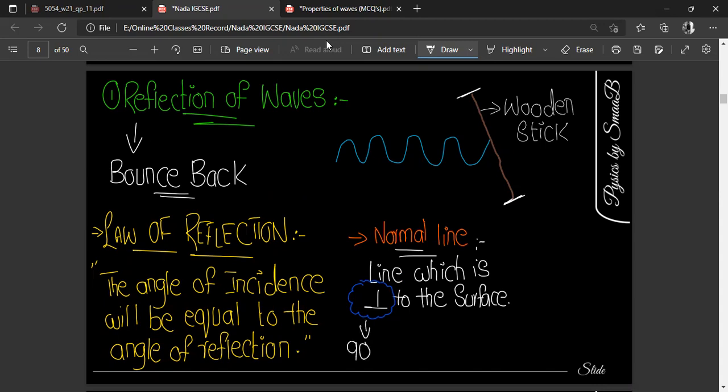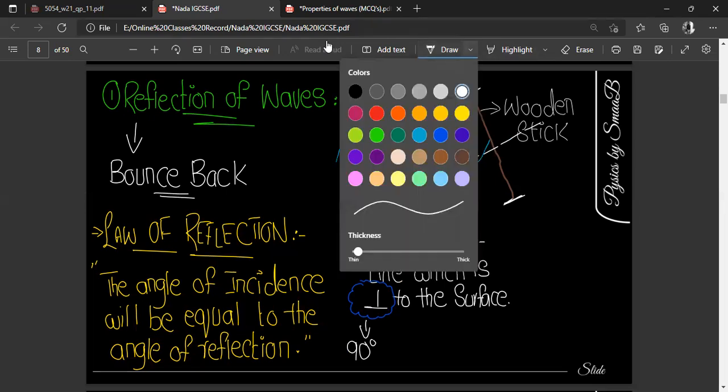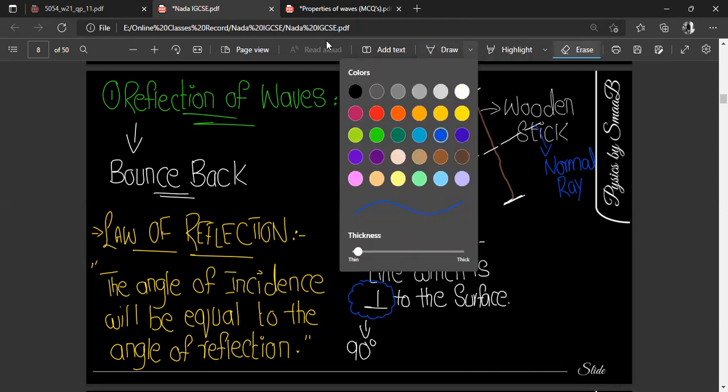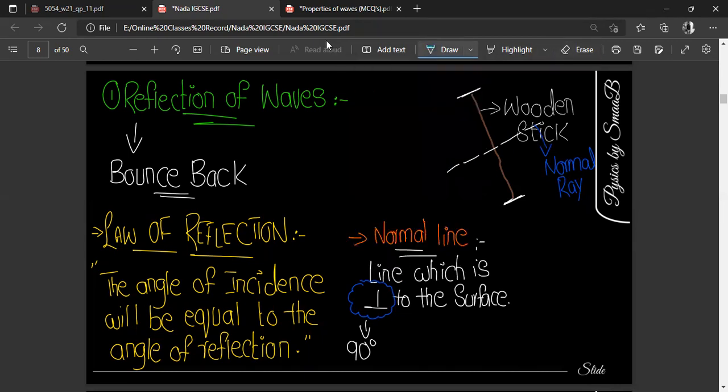So we have to draw a straight line which is in 90-degree angle with this wooden stick. So if we draw that, the line is going to be like this, right? So this is our normal. This is our normal wave. Now, according to the law of reflection, the angle of incidence will be equal to the angle of reflection, right? So if waves are moving in this pattern, our wave is going to be like this,